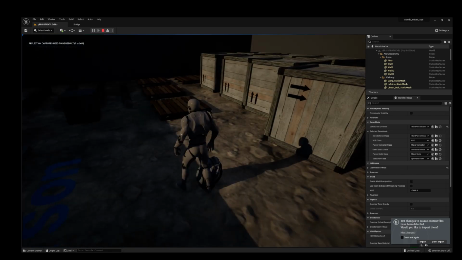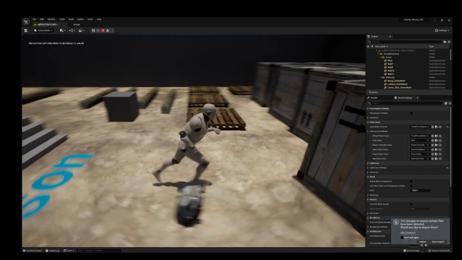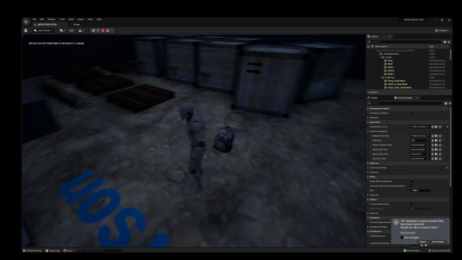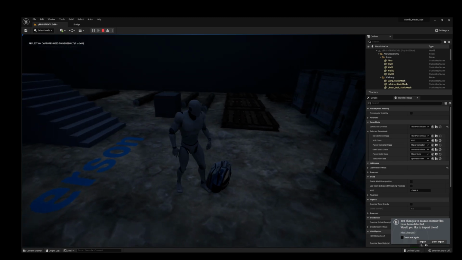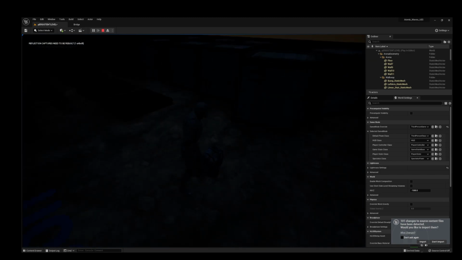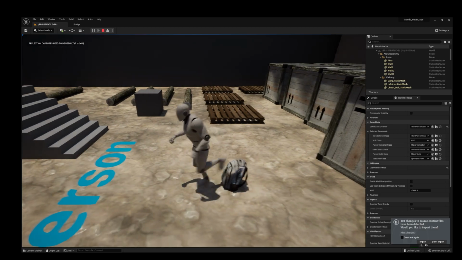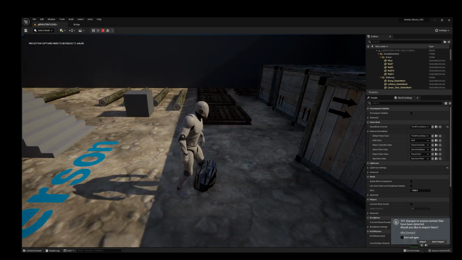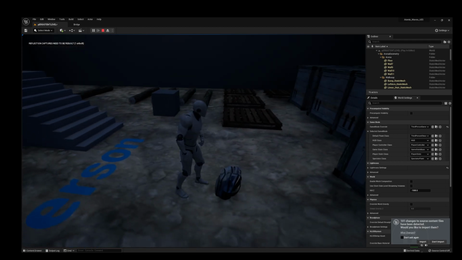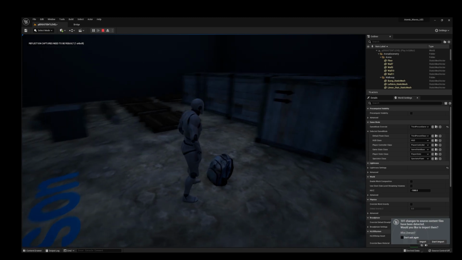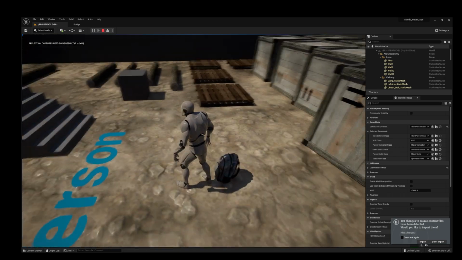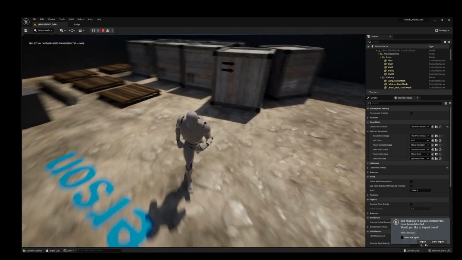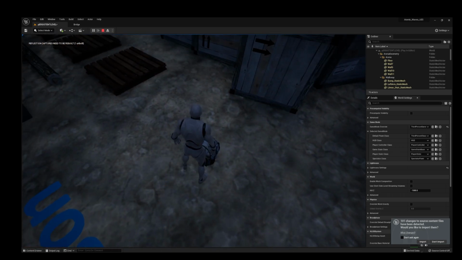However, some of you may be making a realistic game or whatever, and you may be saying, well, I want my player to be able to interact with the backpack. So if I walk into the backpack, it stops me from walking into it, or I make the backpack move. So I'm going to teach you the basics on how to set that up so that there is collision for your backpack. I'm going to show you that right now.